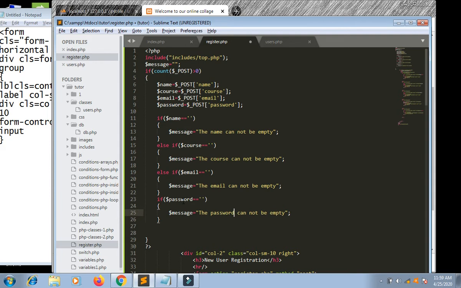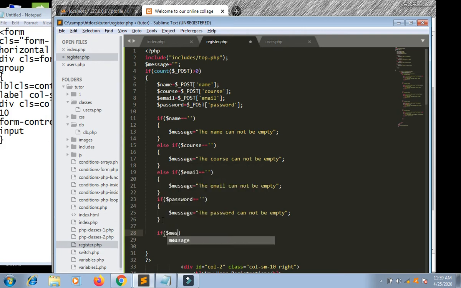Now if $message is equal to empty, it means all fields are filled, all fields are there, so the message variable should be empty, and we should now use $sql is equal to